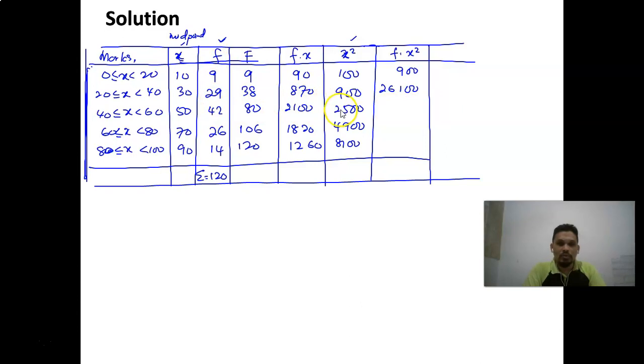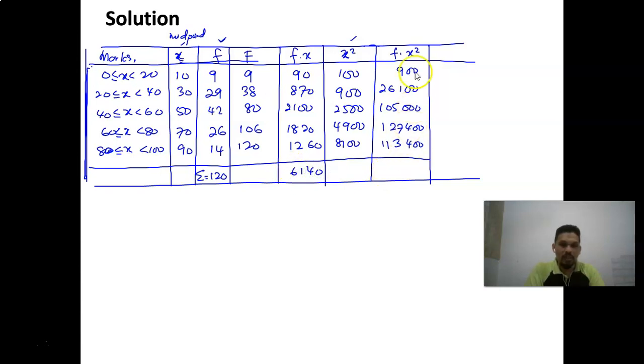42 times 2500 equals 105,000. So we continue here, 127,400, and then F 14 multiplied with 8100 equals 113,400. Okay, so the total of frequency is 120, and the total of F times X equals